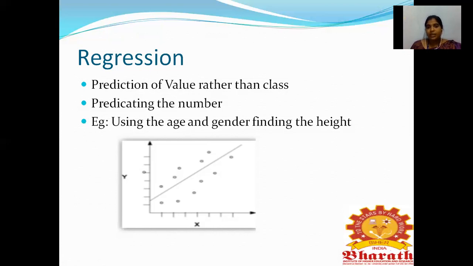For example, based upon age and gender, we can predict the height of a person. Correct? Suppose a girl child belongs to age 5, and her gender is girl, then more commonly her height may be nearly 120 to 150. We can predict that. The result may be correct or wrong, but based on the given values, we are just predicting. It is only based on numbers. That is called regression.